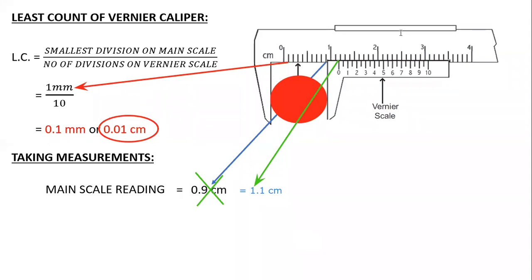Yeah, Vansh? Sir, the 0 is between 1.1 and 1.2. So, sir, why have you taken 1.1? Because I need to take the least value. Later on, I am going to divide that 1.1 and 1.2 into 10 divisions. But sir, through the vernier scale, we will not get an accurate value. You will get an accurate value. Hence the vernier scale is there. So you will get an accurate value between two decimals.